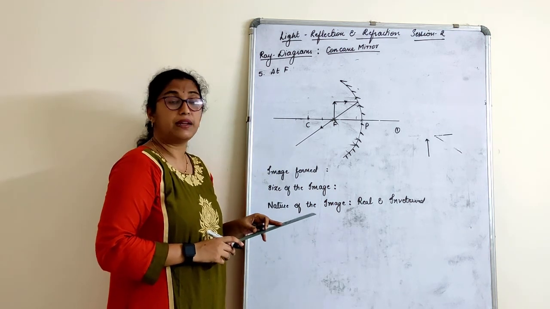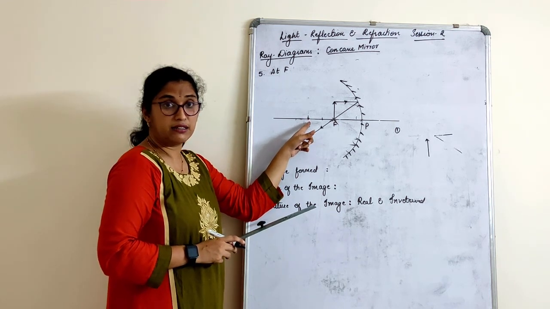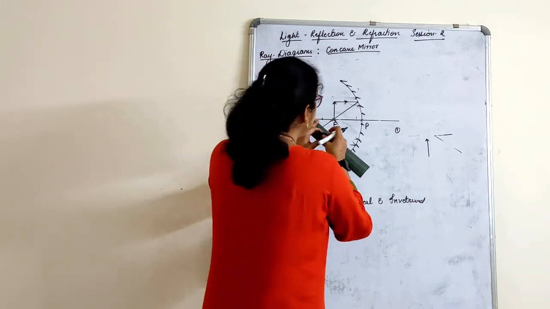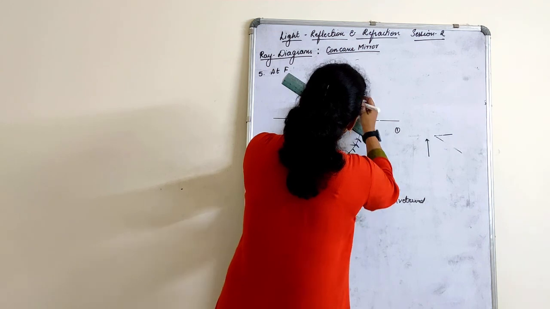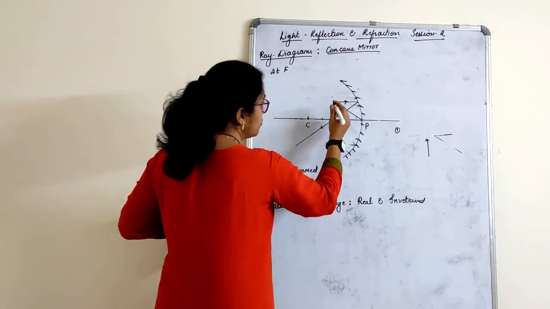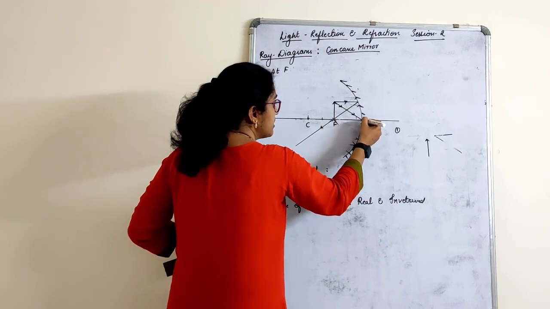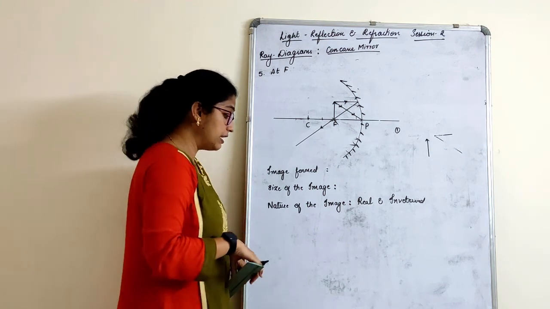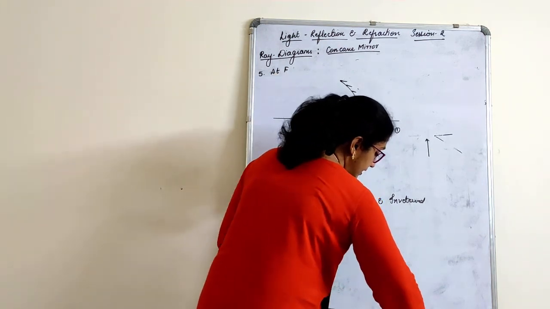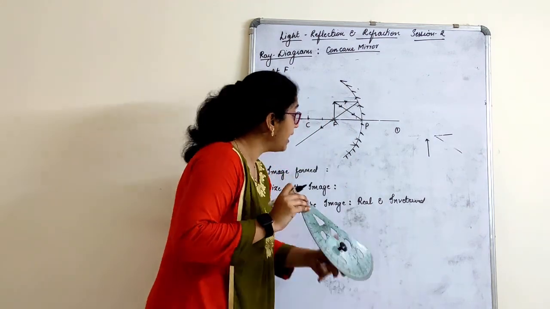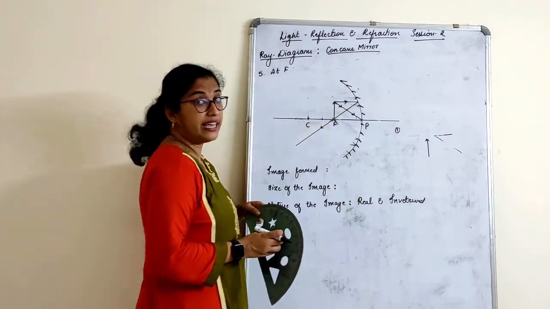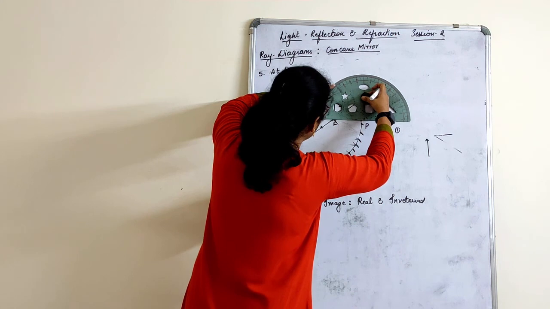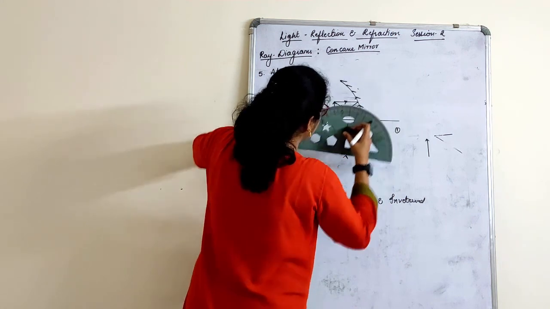Okay. Now the second ray cannot pass through curvature nor through the focus. Now what rule should I apply here? Through curvature I can't bring any ray here, right? That means I need to use the ray through the pole. Let me take a ray to the pole. Now children, when you draw a ray to the pole, the same angle it has to retrace. See, the trick is, we know that it is found at infinity, but still, what you are supposed to do always is, take the protractor and see at what angle this ray is cutting. So keep your protractor with respect to the point P here, right? Where you come to know this is 30 degree.